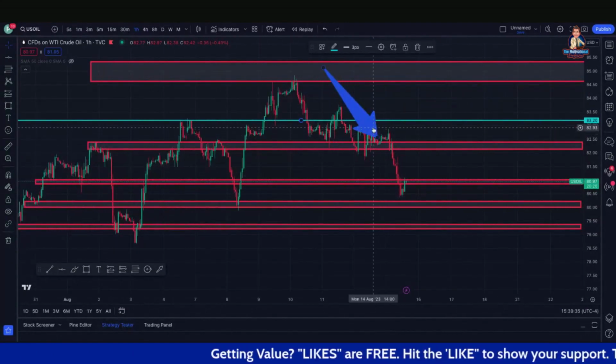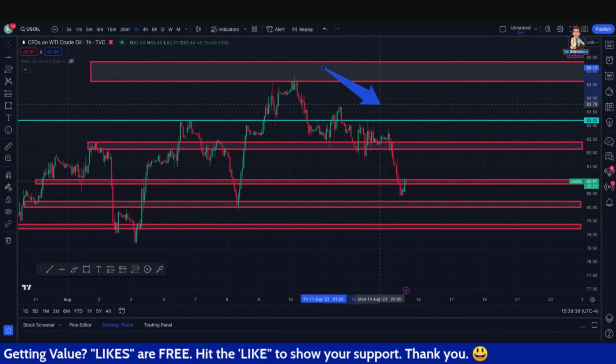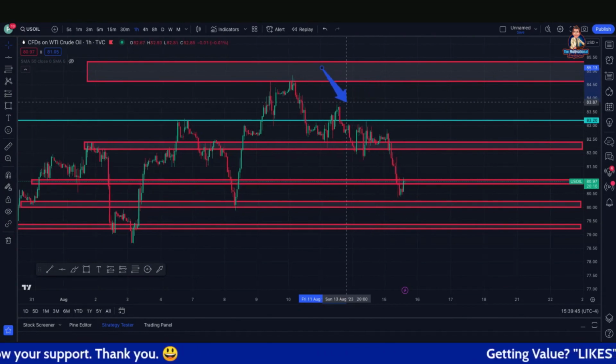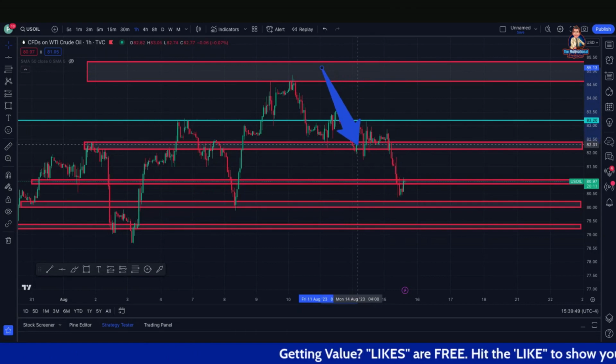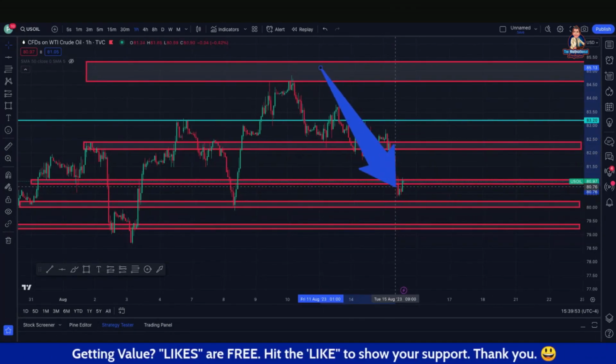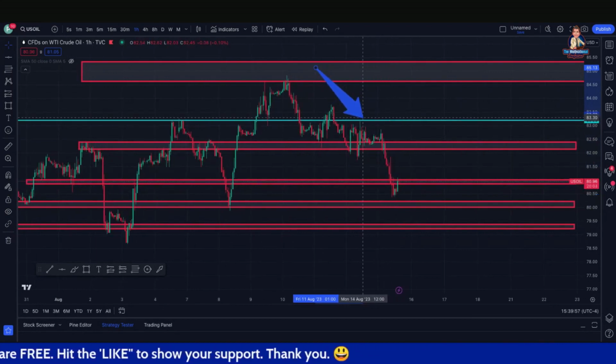We talked about this in the Sunday video, so make sure that you always check out my Sunday analysis. I do a very in-depth crude oil analysis. We talked about oil probably coming down to this first level, which we hit, and then it continued down to the second level. Whether you thought it was going to get that low or not,